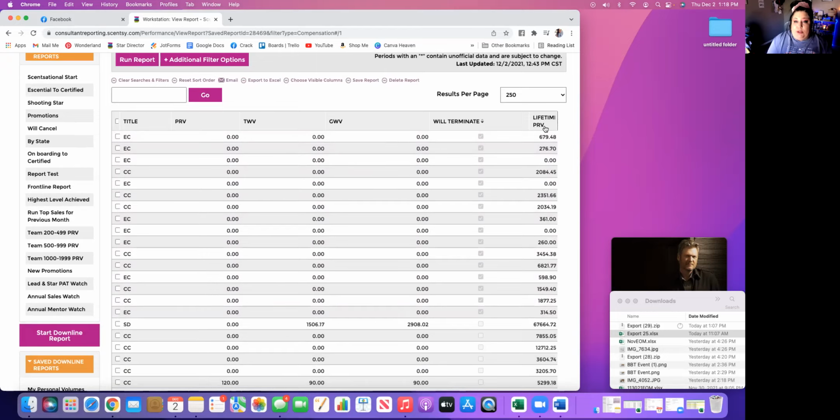I also, because I pulled in their lifetime PRV, can see over here if they're certified or not, but it just helps me, specifically when I'm looking at will terminate. You can see there are a couple on here where they've literally done 0 sales for an entire year, 0, right? That is going to happen and it's okay. It's fine. Again, maybe this wasn't for them. Maybe they just didn't get into it, what have you. So I see at a glance, they have never put in an order, never gotten a cent of the month,